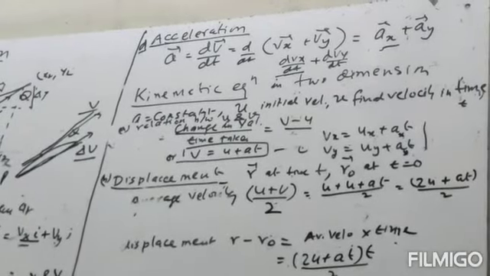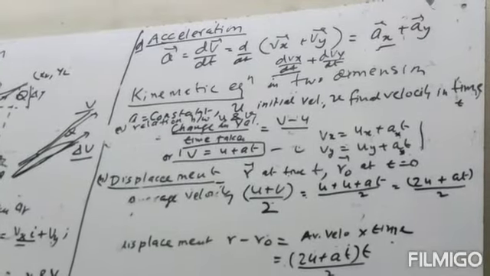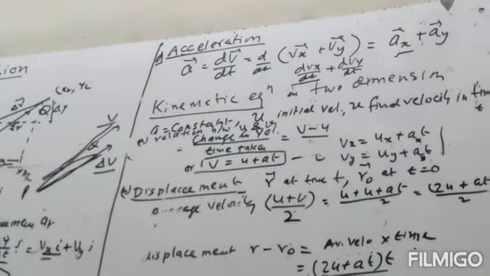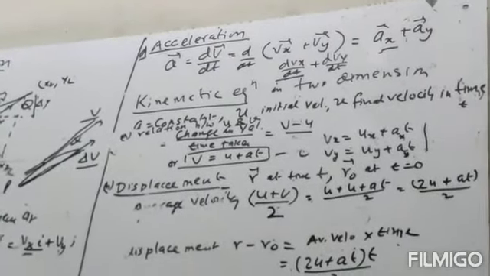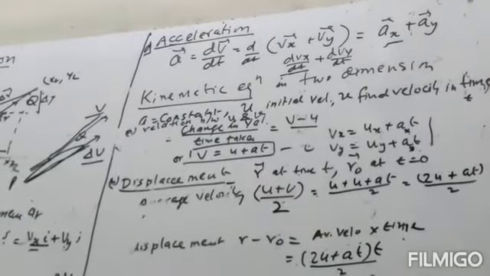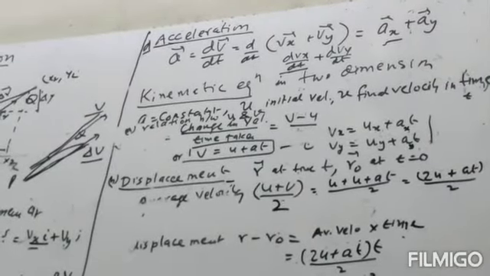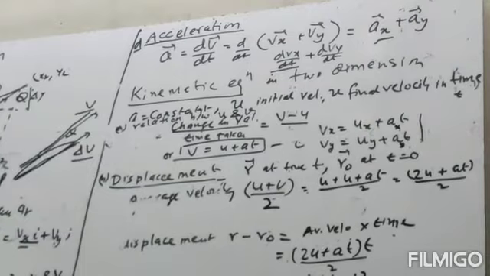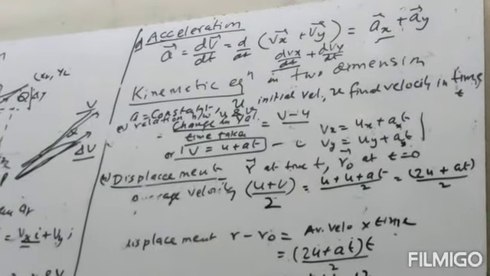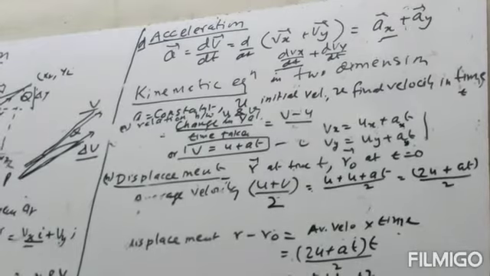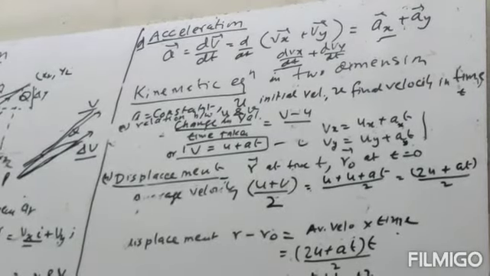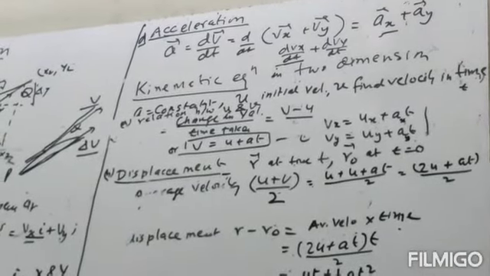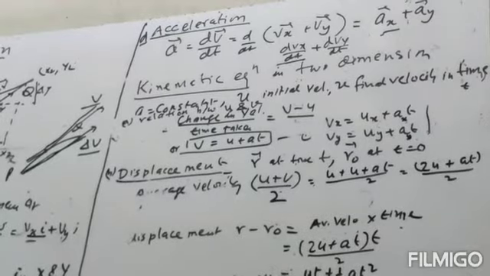So here also we say that the total acceleration will be the vector sum of the acceleration in x direction and acceleration in y direction. So in this way we can write the displacement, the average velocity, the instantaneous velocity, the instantaneous acceleration. In all the cases, the total quantity, whether it is a displacement, average velocity, instantaneous velocity, or acceleration, will be the sum